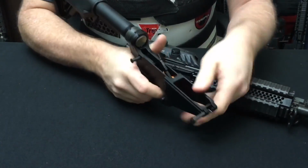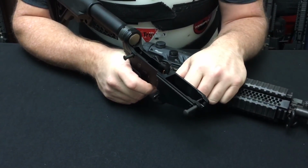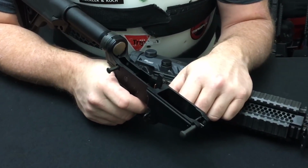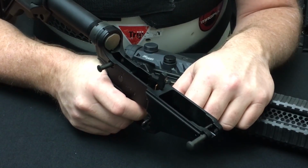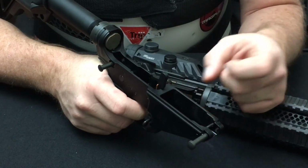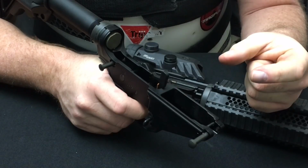Now, one of the tricks to 7.62x39, especially with an AR, is you have the issue regarding primer sensitivity. A lot of the Eastern Bloc ammunition, or the 7.62x39mm ammunition, has an extremely hard primer. That's basically the way the AK does that. You have a massive hammer spring, a coiled spring, and also the firing pin is, if you were to